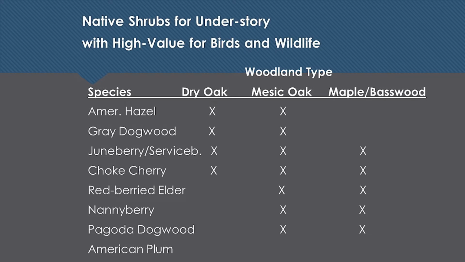So this slide is coming in a handout to you just now. You know that we have dry oak forest, mesic oak forest, maple basswood forest. You could take anything off of this list, you just pay attention. If it came from a maple basswood forest, you wouldn't want to plant it on your south-facing slope, because that would be really dry. You probably have a north-facing slope or an east-facing slope, and you probably add mulch. Make sure that you watered it during the drought. If it came from a moist area, does that make sense? If it was a dry area, you could be more flexible. I don't want to get too many details. Anyway, these are really good replacement plant lists.